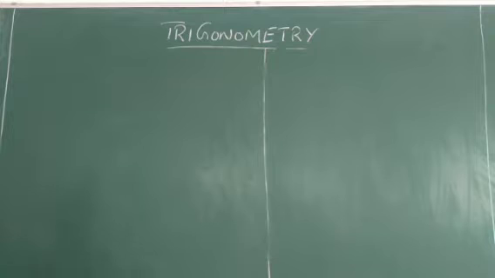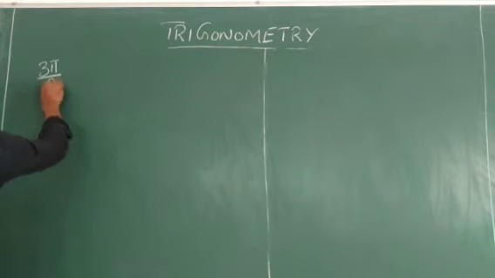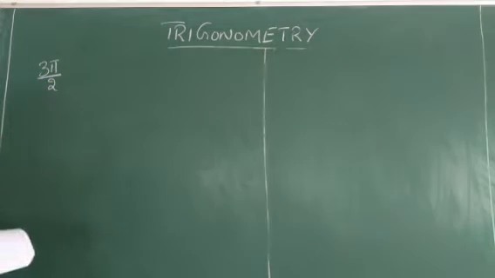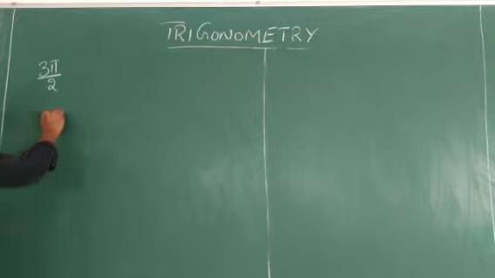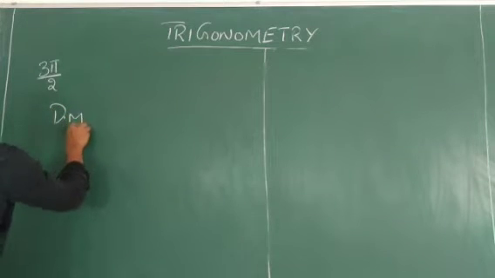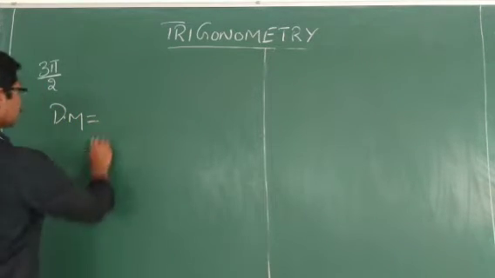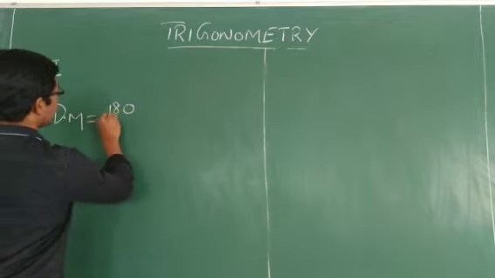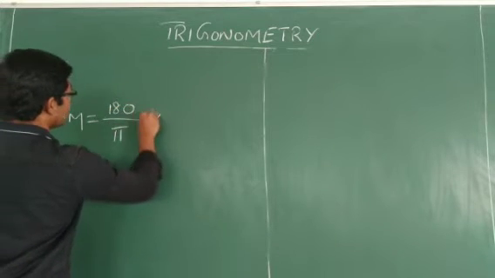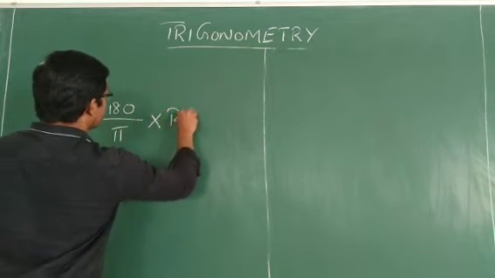Okay, let's take another problem. Again, the radian measure is 3 pi by 2. We need to convert this into degree measure. So degree measure is equal to